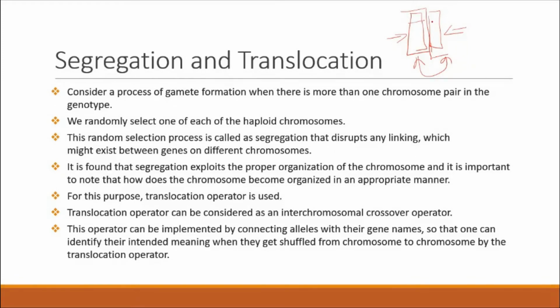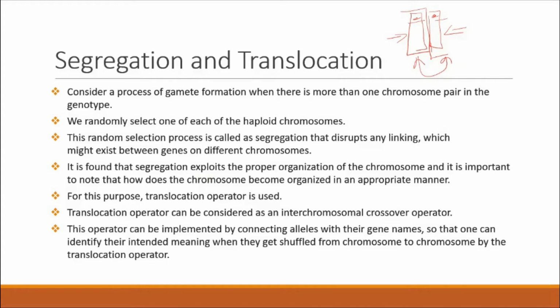So if this gene is linked with this particular gene in some way, that linking is removed. That particular linking is disrupted. Then, because of the randomization, it may join with another haploid that is generated by the segregation of another pair of chromosomes. So what happens in segregation is that it exploits the proper organization of the chromosome,